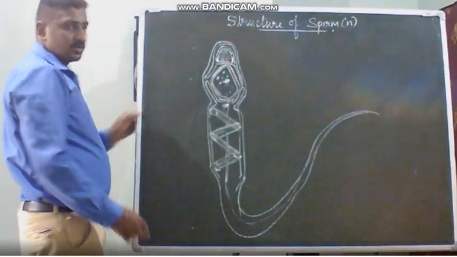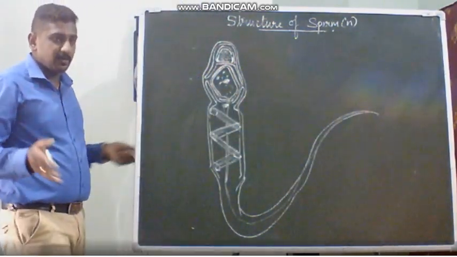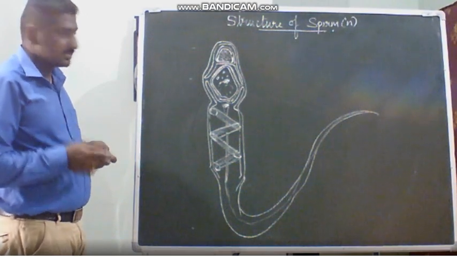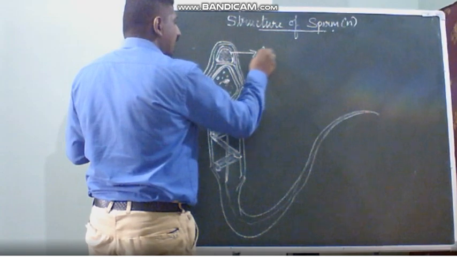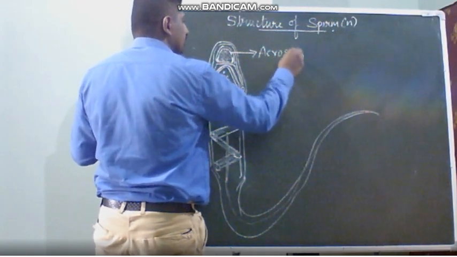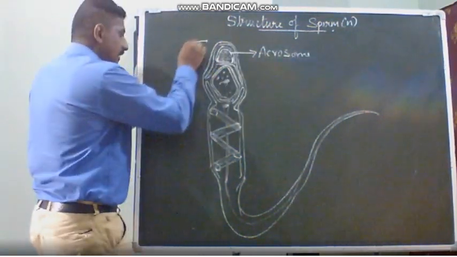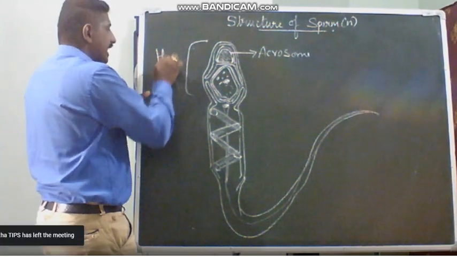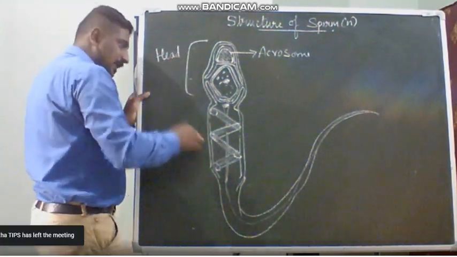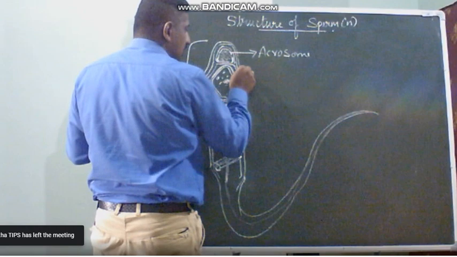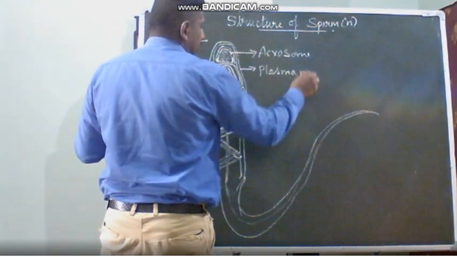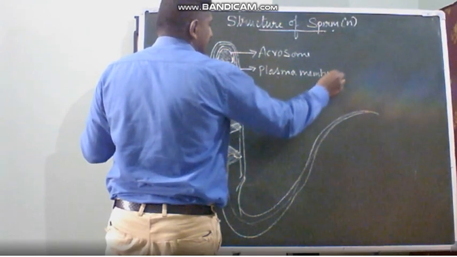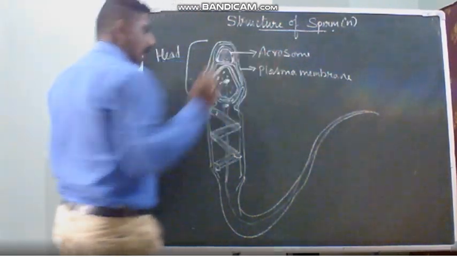Okay, now, this is how you must draw the structure of sperm. In front of you only I am drawing. It's a very simple diagram. What is this one? This one is called the acrosome, and the entire part is the head of a sperm. It is covered in the outer layer called the plasma membrane, where in the front part we have the acrosome.